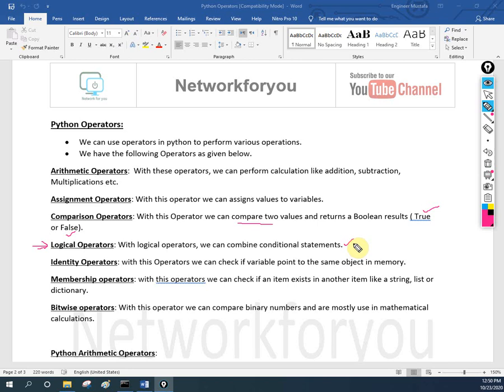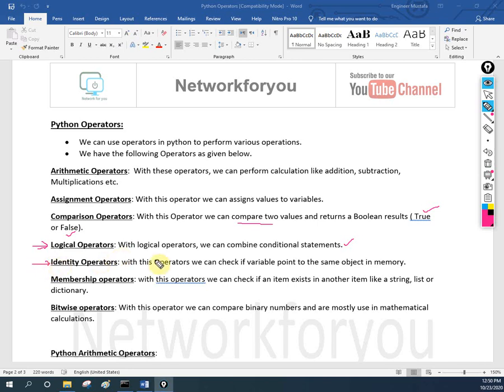Like if router name is equal to this, if router password is equal to this, if authentication is equal to this, then take the backup. If authentication is not equal to this, don't take the backup. We are going to learn that when we do the coding. But in this class, you just need to have the idea that Python supports these types of operations. This is the logical operation.